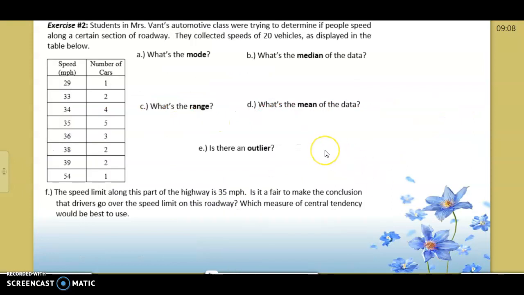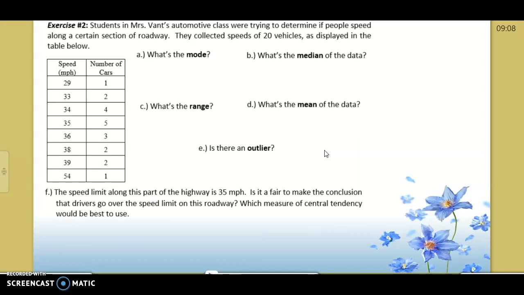All right, next question. Now let's get into it. We got Mrs. Vance Automotive class. How many people are actually taking this with Mrs. Vance? Yeah, I know quite a few students typically do. She's a great teacher, and that's a great class to kind of get yourself in the right direction with automotive